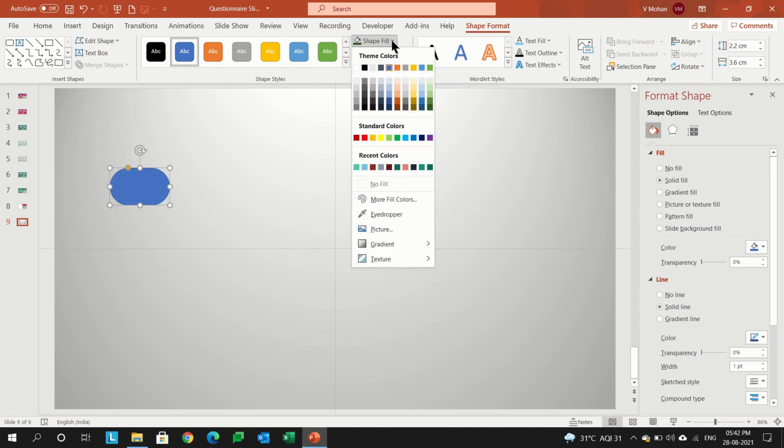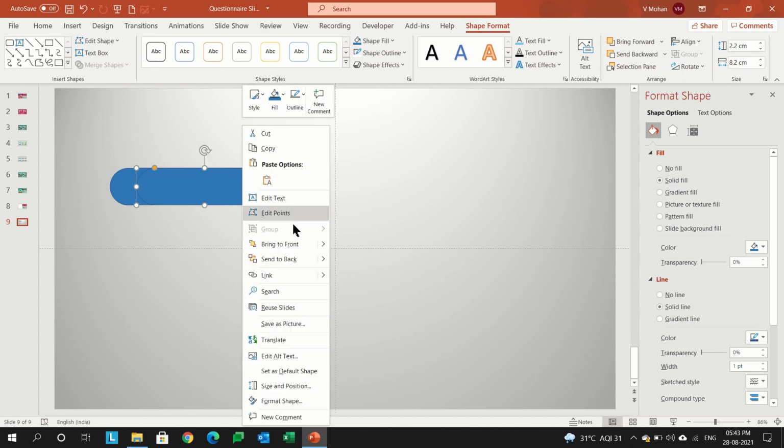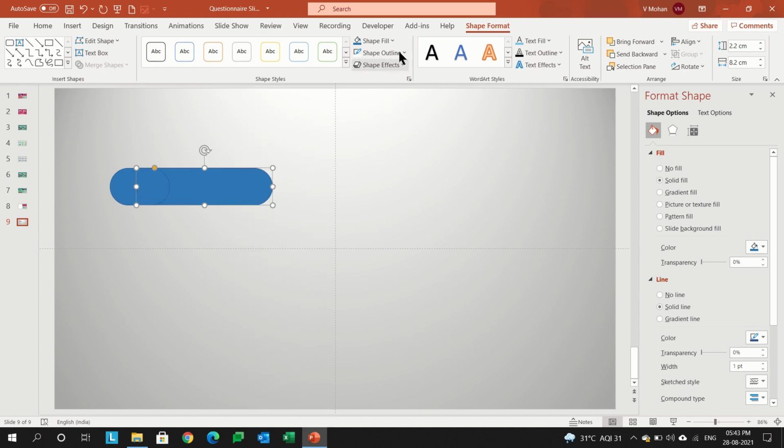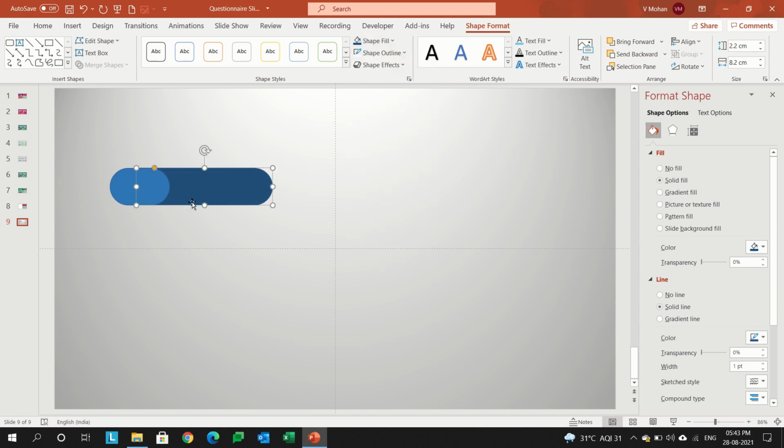Go to shape fill, choose this color, and copy it with Control D. Expand this size, send this to back, and change the color to this dark blue.